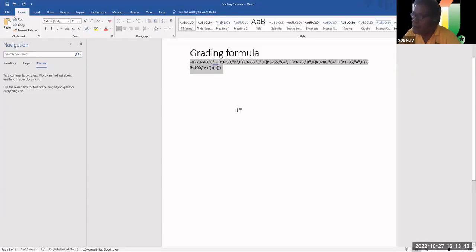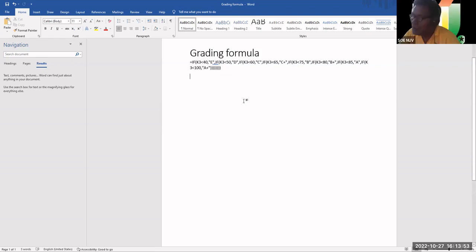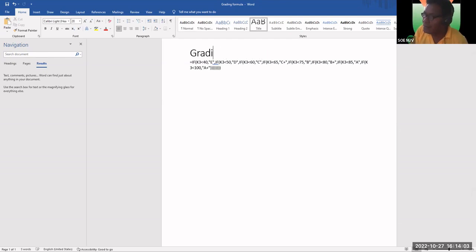Now you can see the creating formula again? Yes. Okay. Now, this is very easy, and I'll change this to